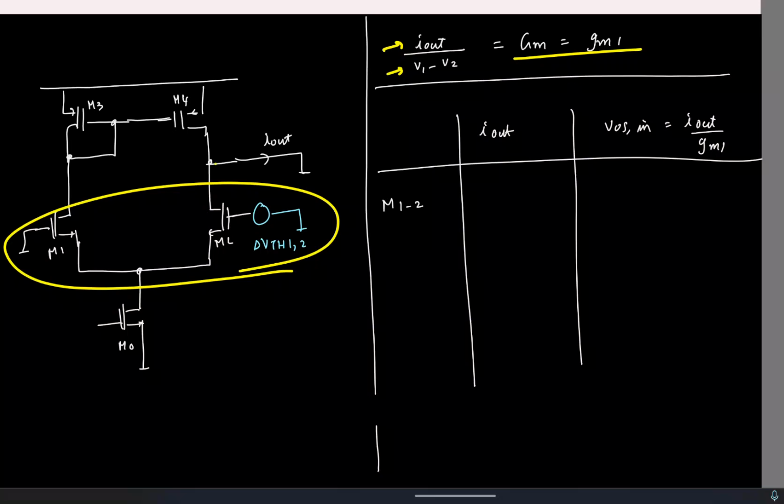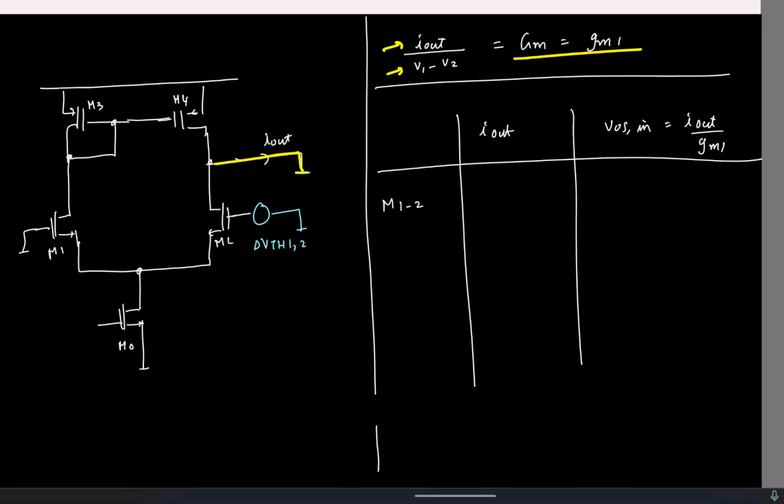So what do you think the short circuit output current will be? This guy is 0. If I assume that this is negative and this is positive, this is delta VTH12. So the difference input is delta VTH12 or minus delta VTH12. So what will be the short circuit current? GM times its input difference. It's GM1 times delta VTH12. Okay, so if I refer it back to the input, it's